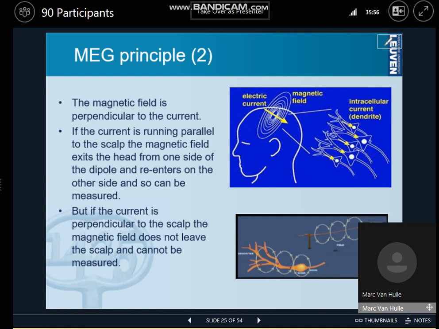I'm on slide 25 now. What is the principle? If you see electrical current going through a wire, for example, then you have a magnetic field around it. This is Oersted's law. You can use your right hand for that. The thumb is pointing